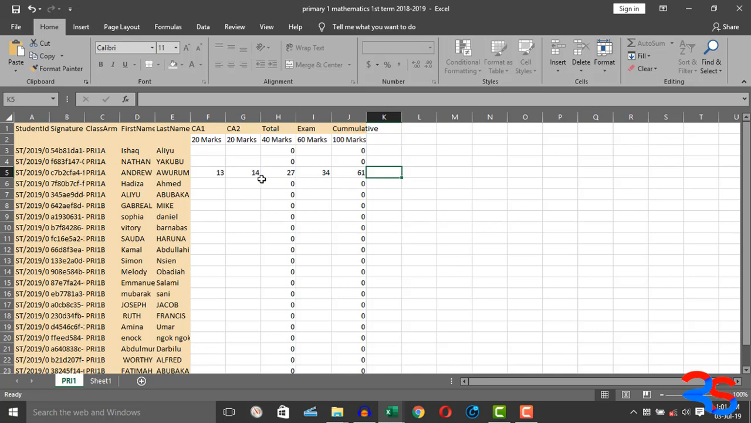So when you are finished with this process, you are going to input the score for primary 1 mathematics first term. You input the score for primary 2 mathematics first term. You input the score for primary 3 mathematics first term. The same thing with English, the same thing with civic. So after inputting the score for each and every term,